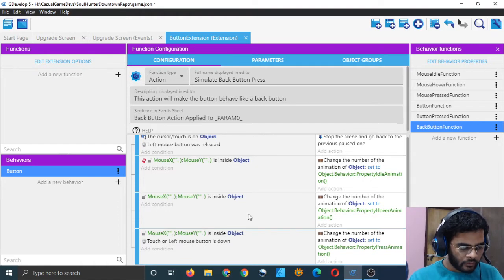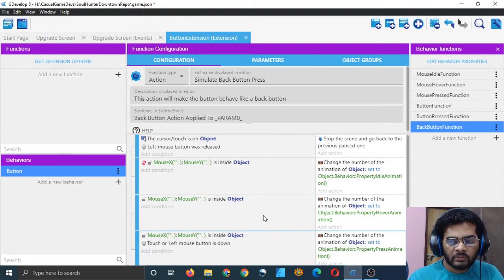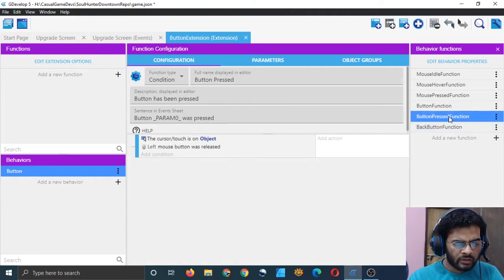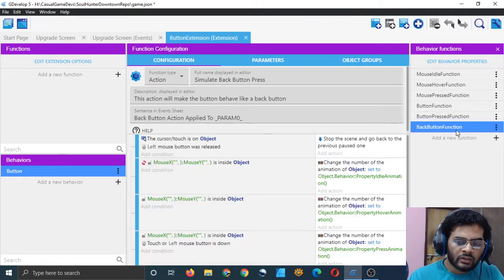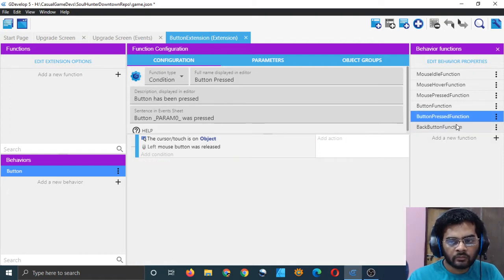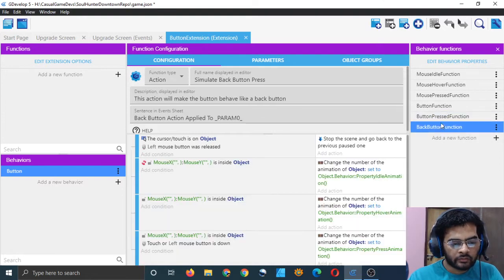Yeah. Now this will also do the animation as well as function like a back button by only calling one function, that is back button function. We don't even need button pressed function, which is a condition actually, but we will just keep it around because it can reduce one line of code, but still it's good.